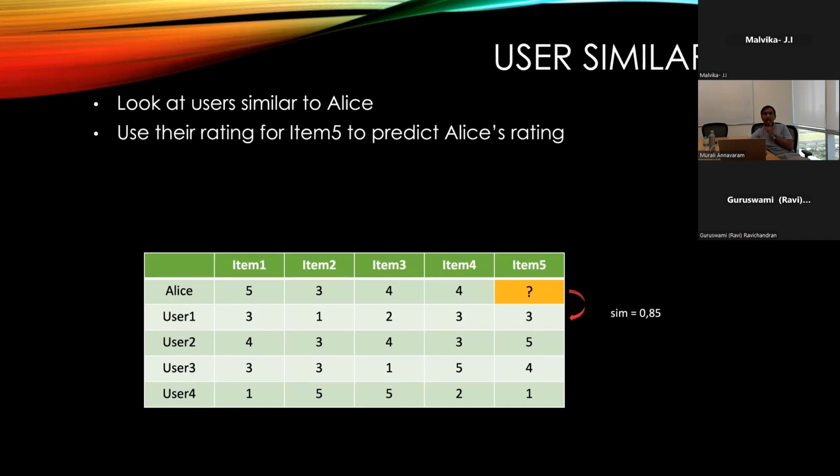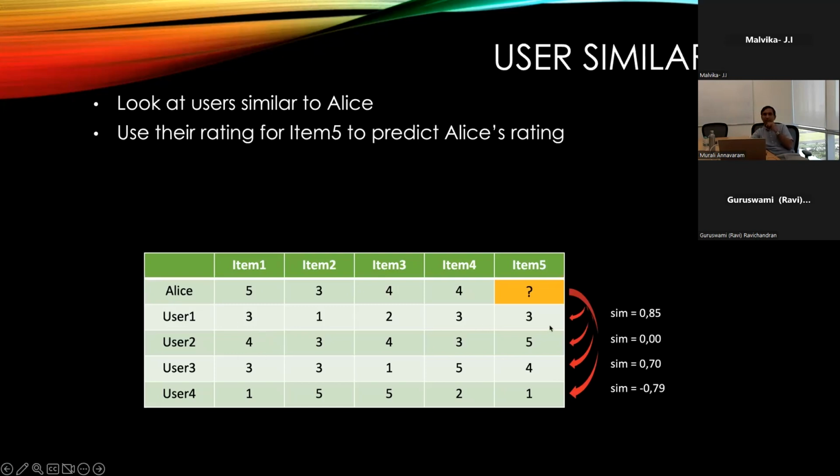And so we say Alice has a similarity with user 1 of 0.85, and some other number with user 2, user 3, user 4. So you now have a notion of how close Alice is with respect to the other users in the system. And once you know what the users are in the system and how similar they are to Alice, it's now